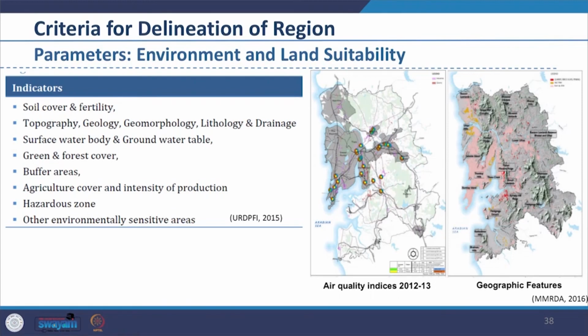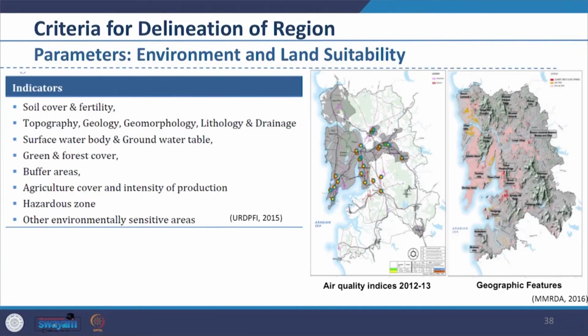Moving on, we will now see how the region has to be delineated. So, we are going to look at the criteria for delineation of the region. Regions can be classified based on many criteria. Relevant parameters should be selected for delineation purpose, and then the process requires an iterative approach. You may go forth and backward for identifying all the parameters which are required for the delineation process. Here some of the parameters are identified. However, they are not an elaborate list, but they do guide us what kind of parameters have to be used. So, we see